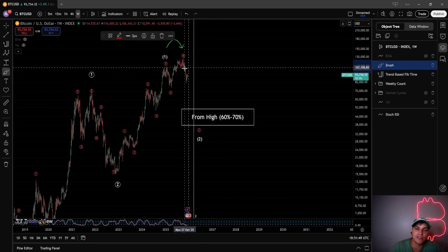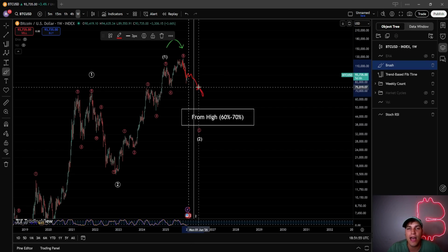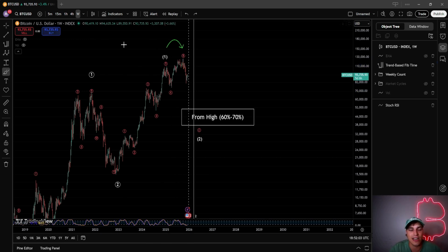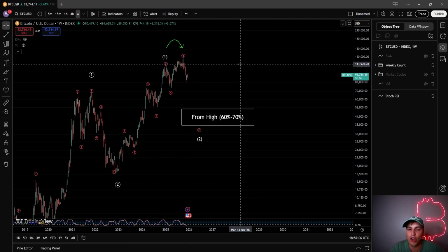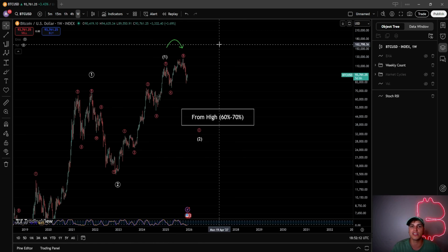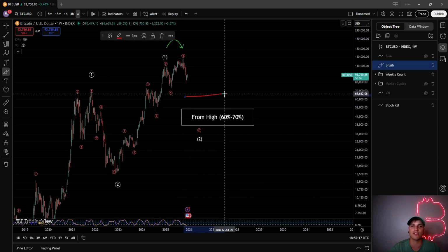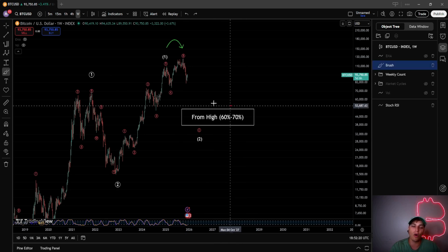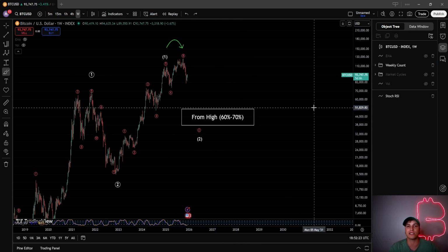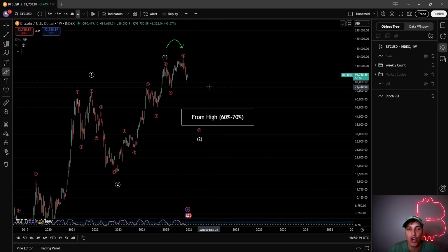But if the wave C still starts doing something like this and we get to around March, April, that would mean the C is now taking very, very long, right? We would possibly be looking at then a different kind of structure. But that is our 2 scenarios from here. So either we have a wave C to the downside, or we have a lot worse kind of bear market 1, bear market 2. Are we going to 54,000 to 65,000 around there, or are we going to hit those $30,000, $40,000 regions again? Those are kind of all the moves that we could look at in this bear market.